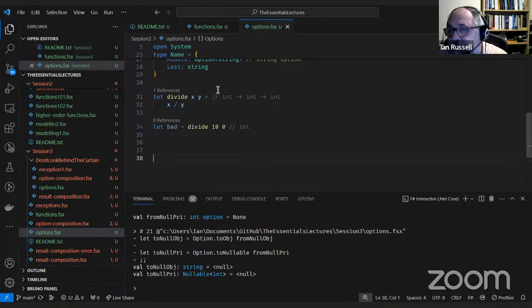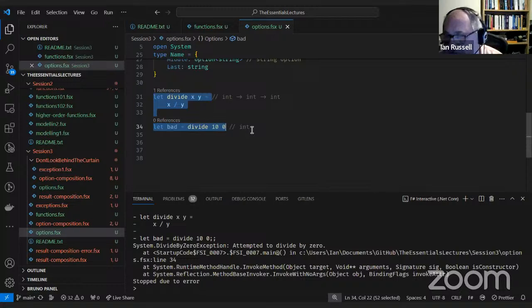Okay, so I've created a divide function. It's just x divided by y. So what happens if I do divide 10 by 0? Of course, it throws an exception.